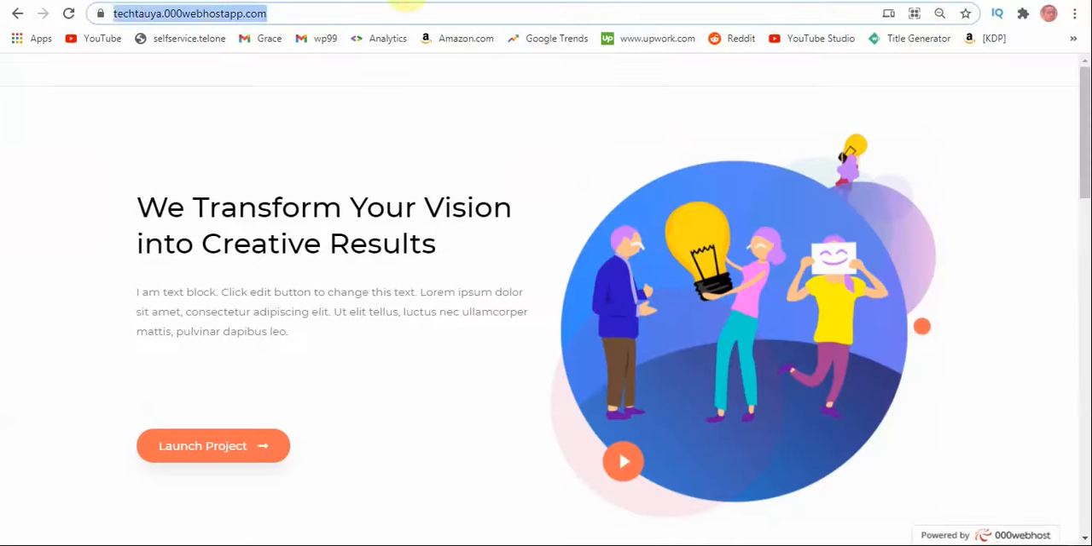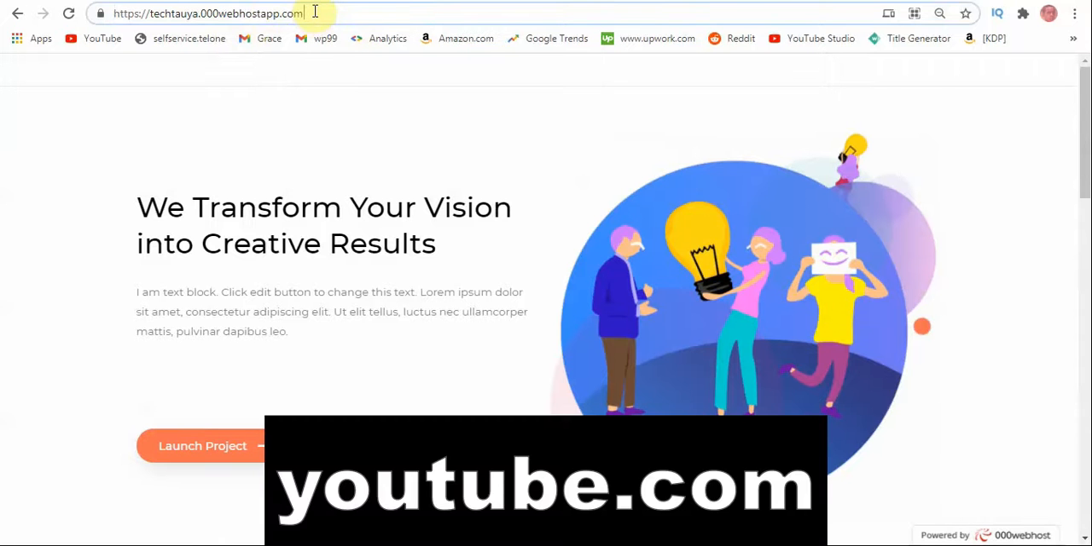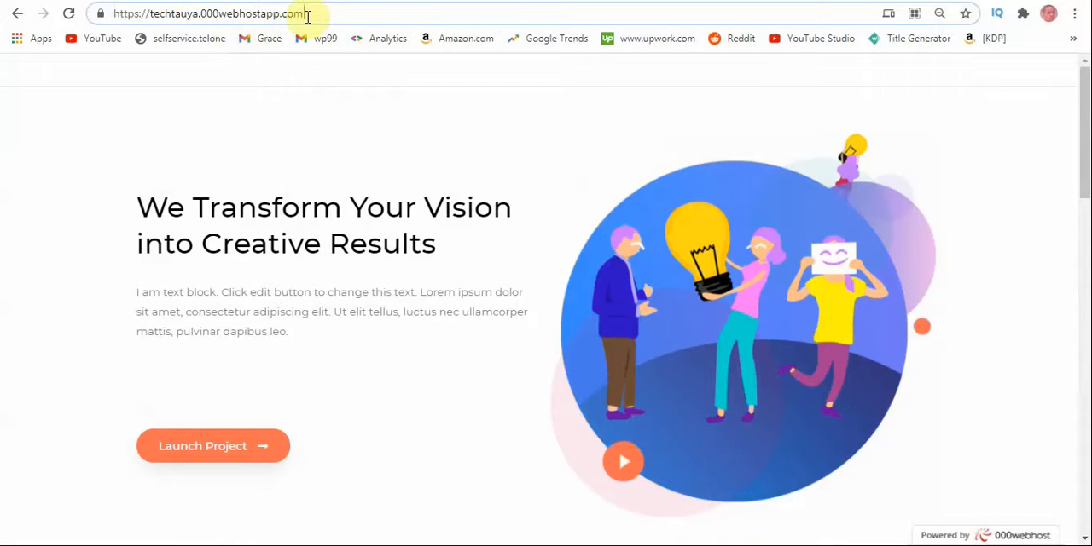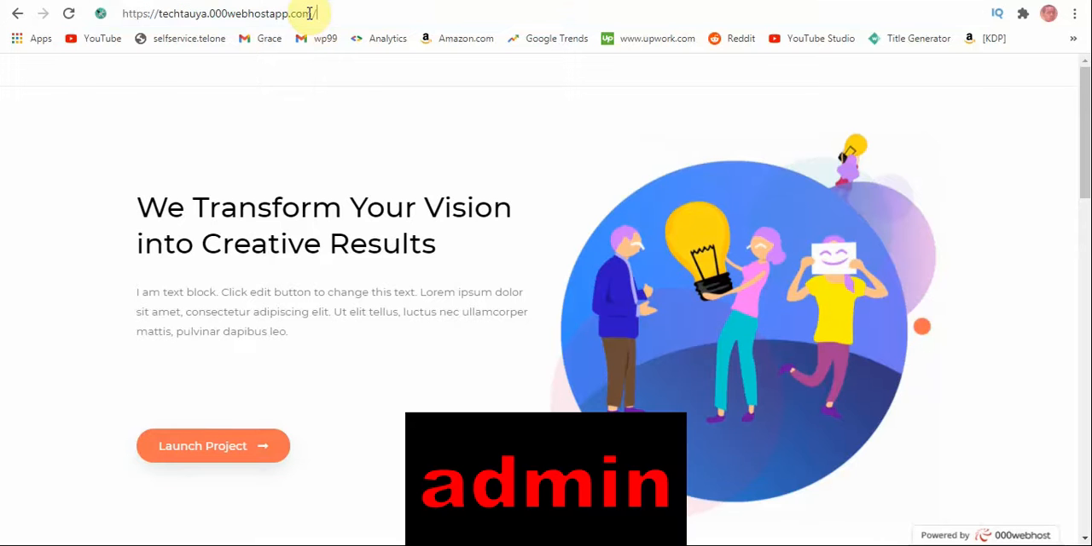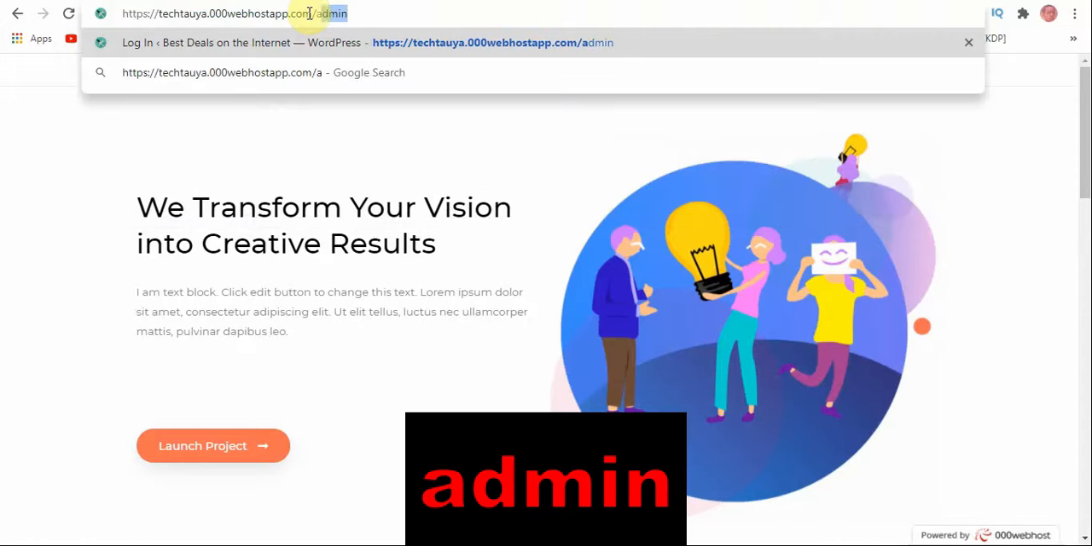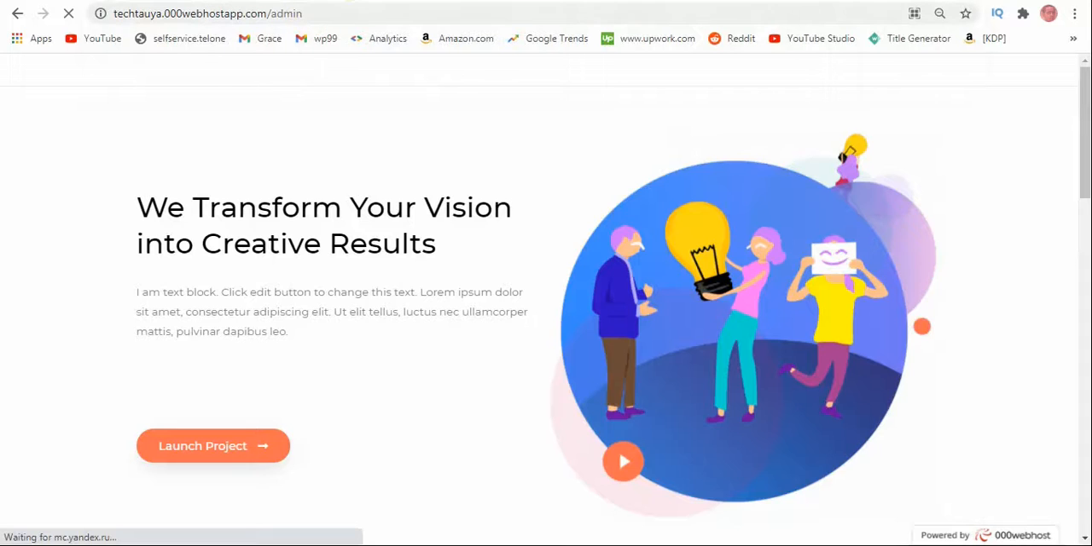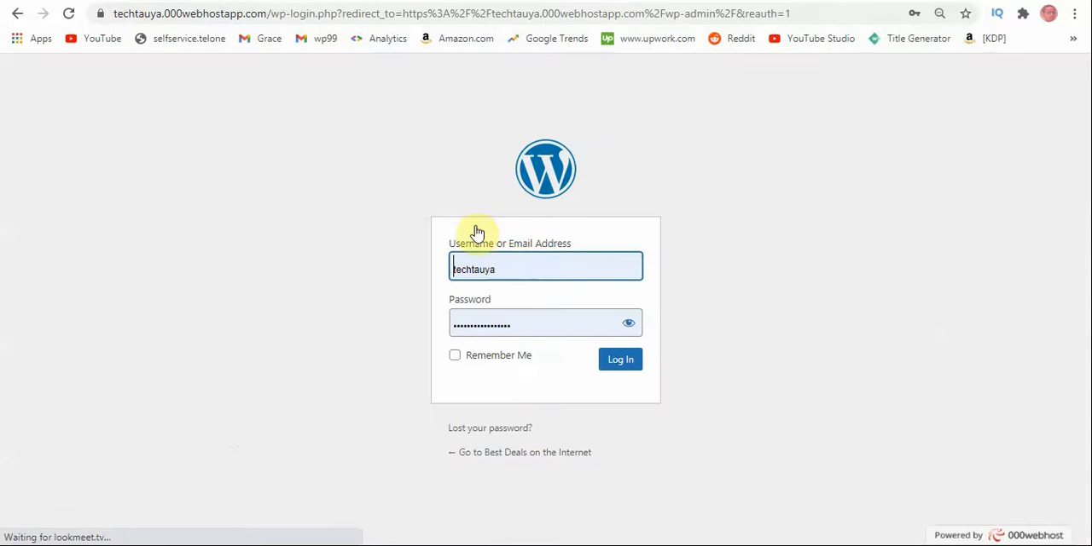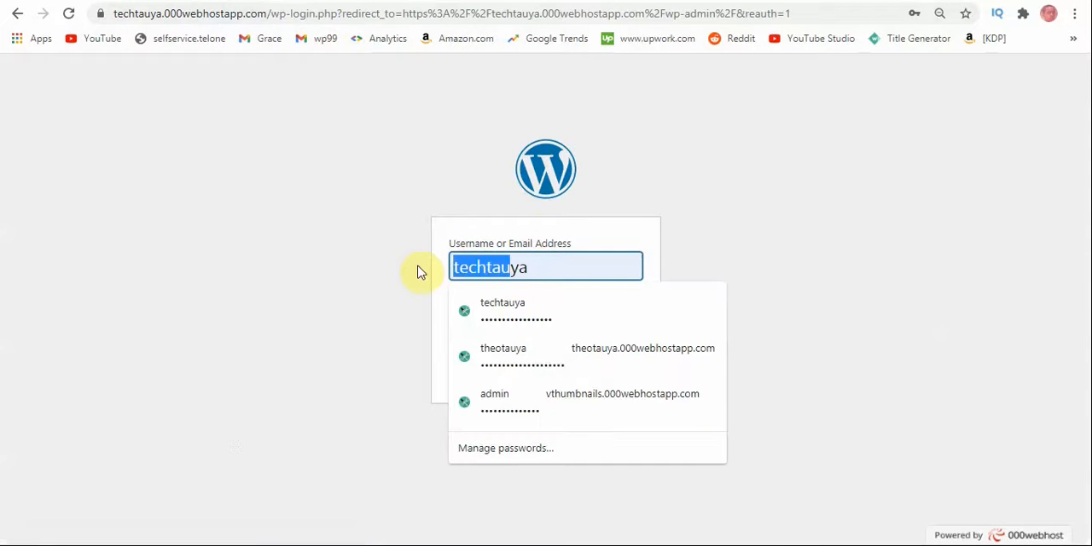So what you want to do is go to your website's URL. For example, YouTube's URL is youtube.com. So what you want to do is type your URL here, and after the .com or the .net, whatever it will be, write /admin and then click enter, and then you'll be brought to this page right here,